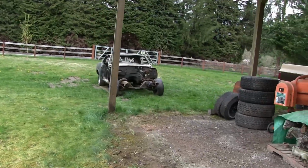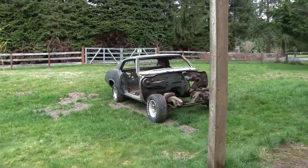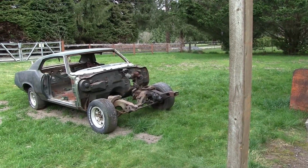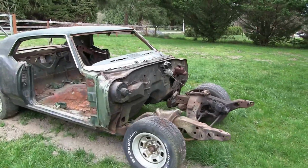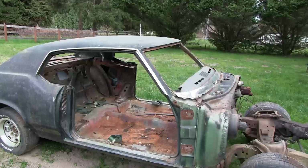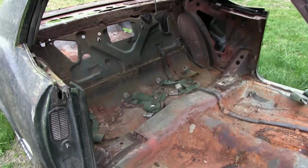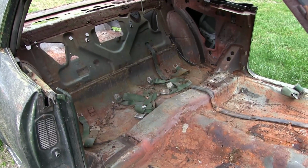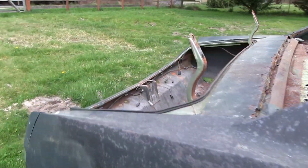Well, you're probably all wondering, what the heck are these two idiots doing? Well, we just spent, I don't know, half hour, 45 minutes? Yeah, not too long. Of course, the front sheet metal wasn't bolted on with more than a couple of bolts, but we pulled the doors, pulled a couple of the seat belts, or tried to get the backs out, but their inserts are a little concave, so we can't get the socket on there. And my sockets have a little taper on the inside. But we pulled the trunk lid off